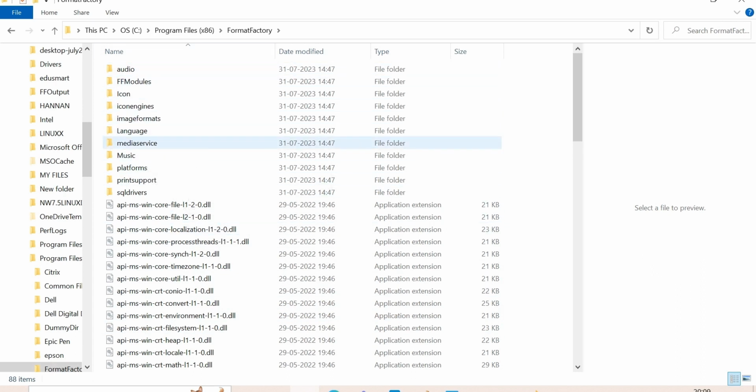All your configurations, settings, everything related to logs, everything related to that application will be saved here. This is the home directory for your application. Format Factory is one application, and for that application, this is its home directory. When I start the Format Factory software, what happens? It will read all the configurations from this folder only, right? Why? Because it is installed at that location.